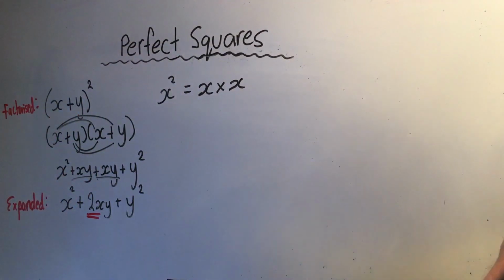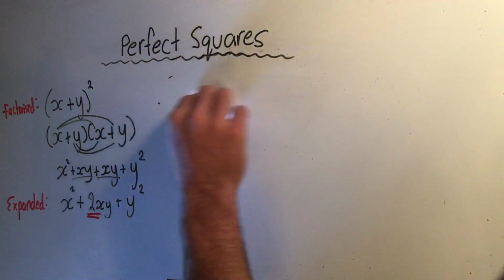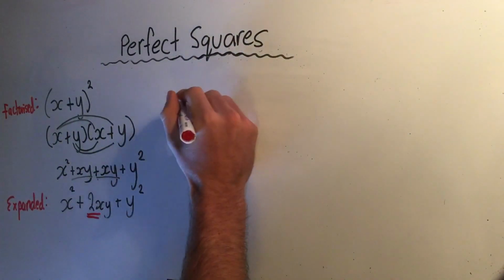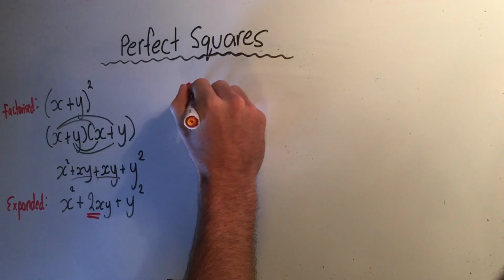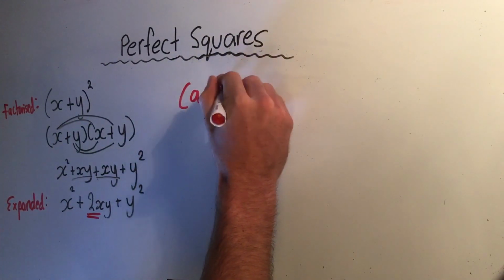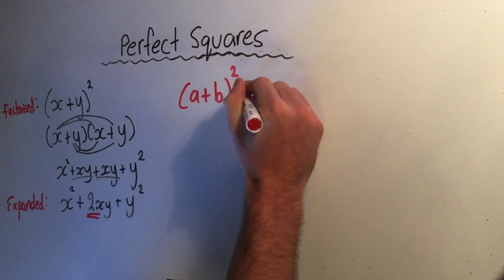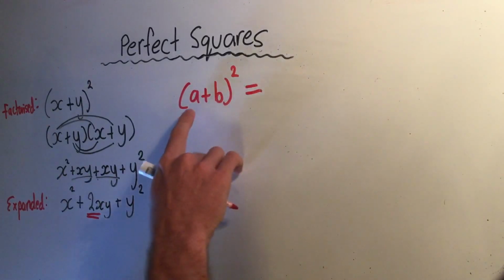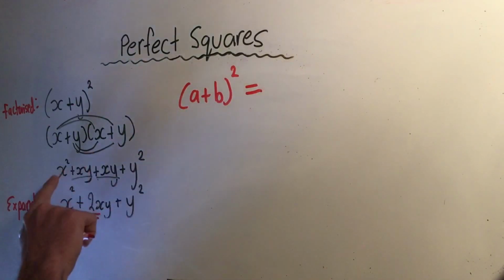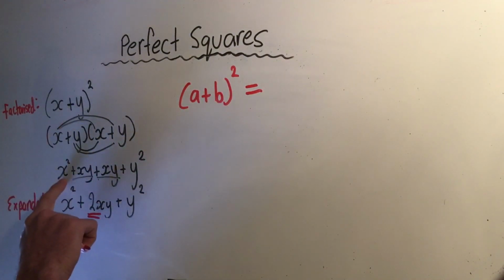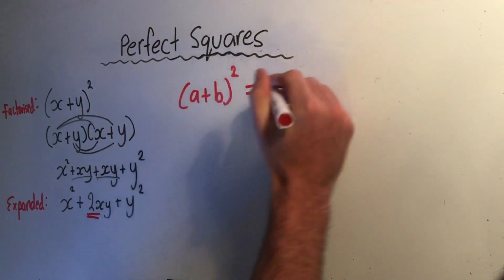So what that really means is that if I get a bracket like this, let's call it a plus b squared. It's a perfect square now because it's a bracket squared. The shortcut would be just to say that it's going to be this first term squared. You can see here, x squared. So a squared